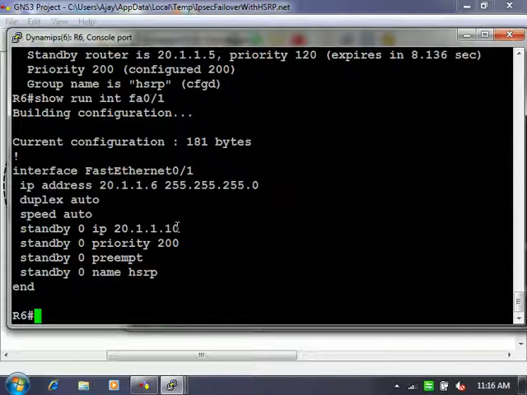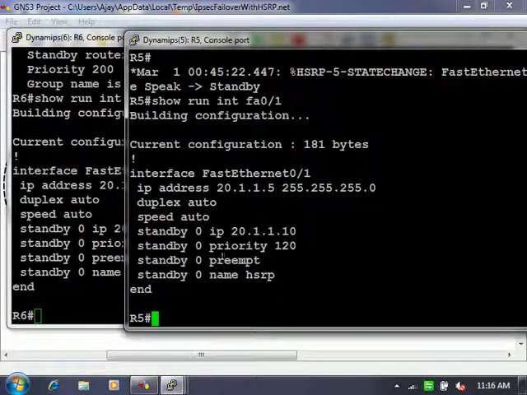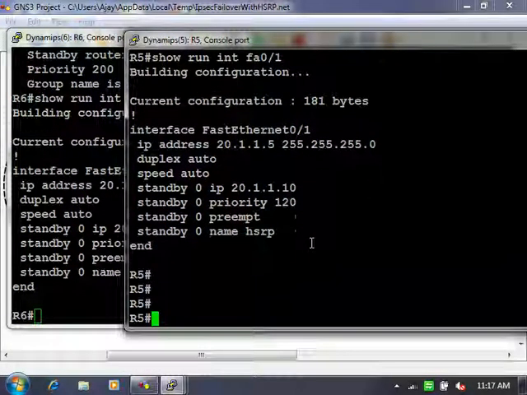The same way I said the same thing at the other end as well, that if you have lower priority than your group member and he is not functioning well, then you become the active. If he is functioning well and comes up, you have to give away your active role to the higher configured priority HSRP guy.